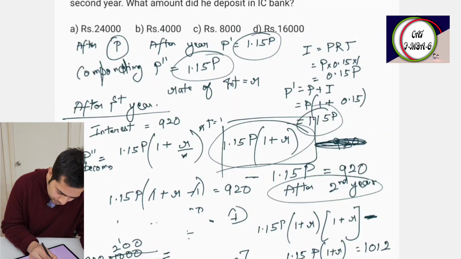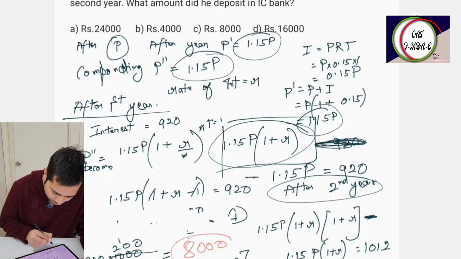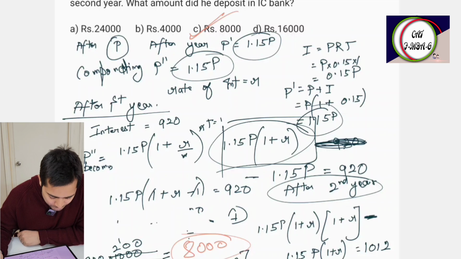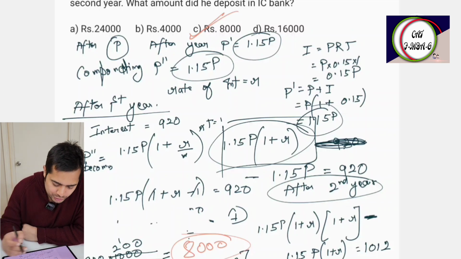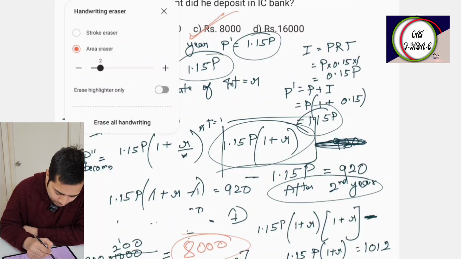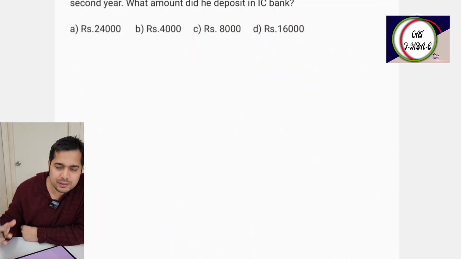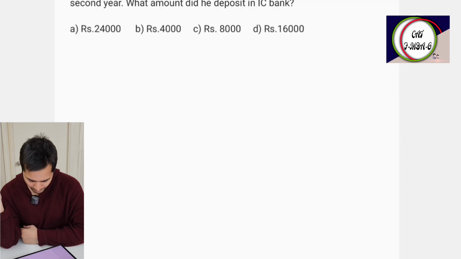So this value will come around to 8,000. Okay, so this is your right answer, option number C. So you saw how we solve this banking question. Basically, in these kind of questions, all you have to remember is that whenever we are talking about simple interest,